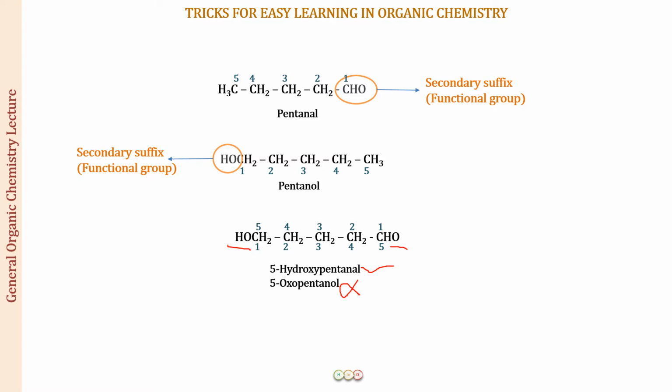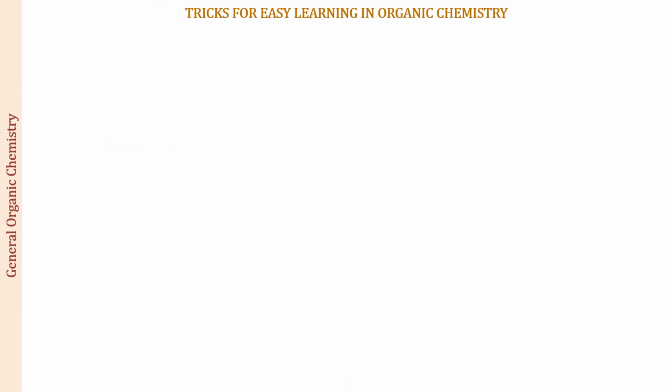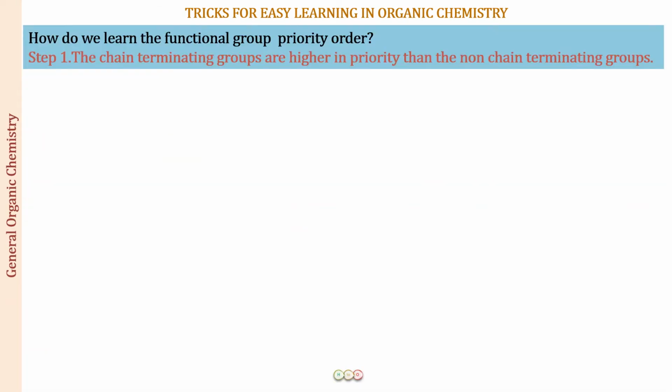So let us learn now the trick to remember the priority order. So how do we remember the functional group priority order? Here, the first step is that you have to keep the chain terminating groups higher in priority than the non-chain terminating groups. The chain terminating groups are always present at the terminal positions, the start or the end of the chain,